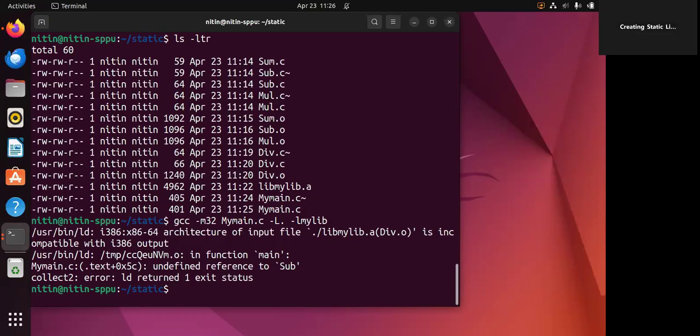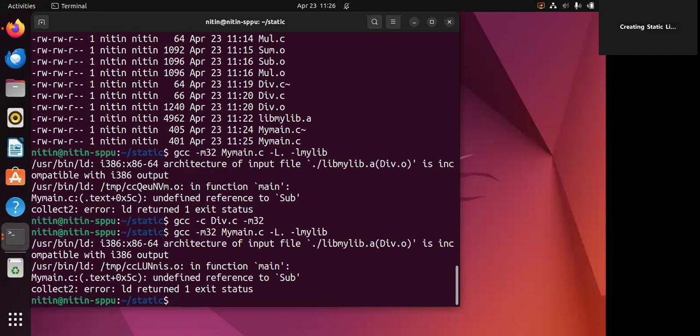Maybe the function that I used is not the proper one. Okay. Let us go and check the files. Even the div.o file which we created is not of 32 bits, it is of 64. So let us go back and write here dash m32. Now this error would be removed. The other error will remain. Okay. So at least